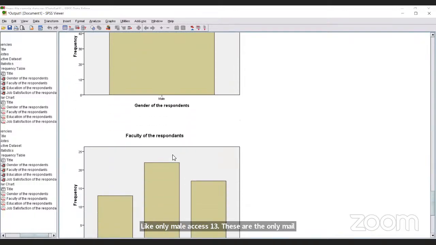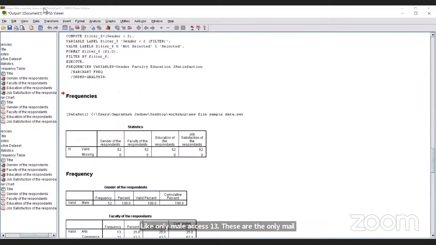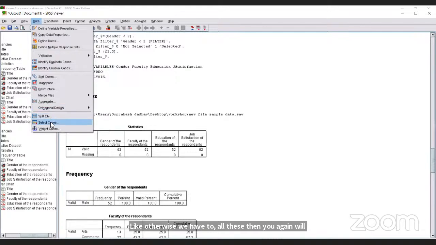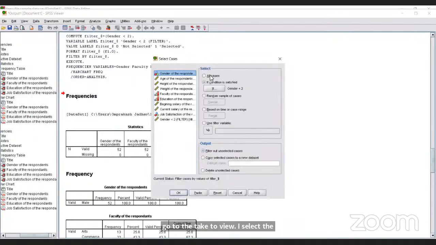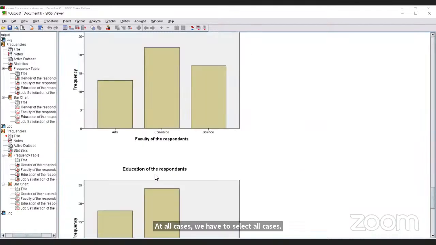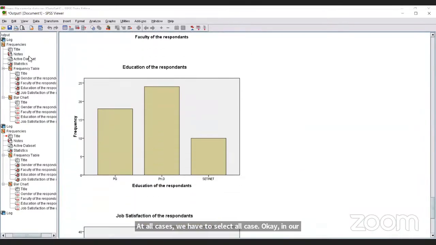Similarly, there is only one graph. Otherwise, we have to remove all these. Then again we go to the data view and select the cases, and select all cases. Again, our original data will be ready for analysis purposes. Right? Then the next question is,